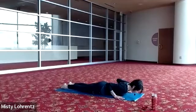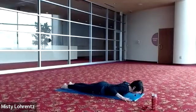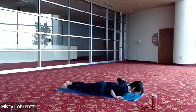I can't get my forehead much closer because I have this mic on, but most of you probably don't have a mic on. So you can get your forehead way down. Okay, and your forehead can just hover with your nose. And then your hands press into the floor. Now you can adjust if you're feeling tension in your wrists. You could definitely take the hands a little bit higher and get some flexion out of the wrist if you need to. So grounding a nice strong hand,